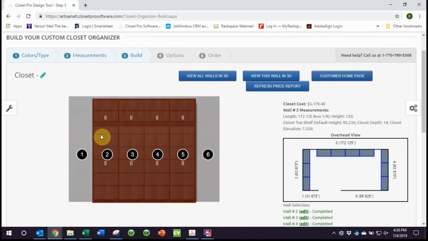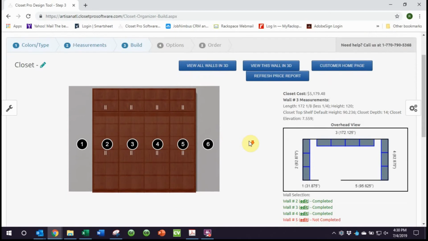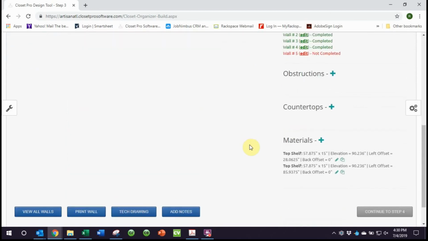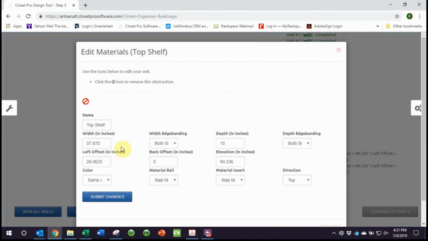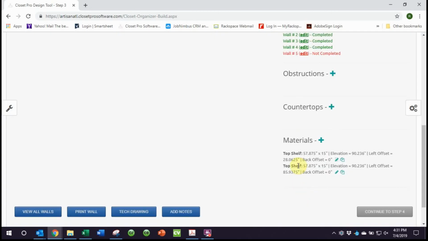And now I'm going to edit this piece so that we can see it better. I'm going to go to materials. You can see there's 2 pieces. The system knows it cannot go beyond 97 and it's going to split them both in half. Because, say, it's an open end, I want to actually make this 56.875, excuse me. No, I'm going to close this because I forgot my number. It's 57, so I want to make it